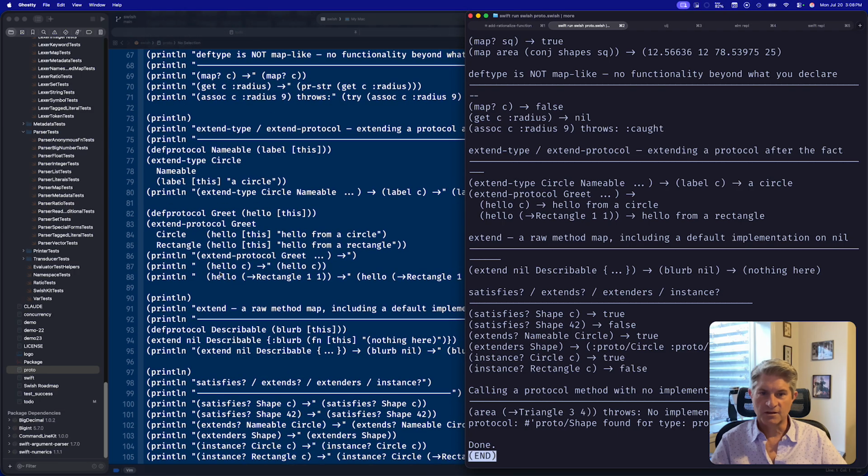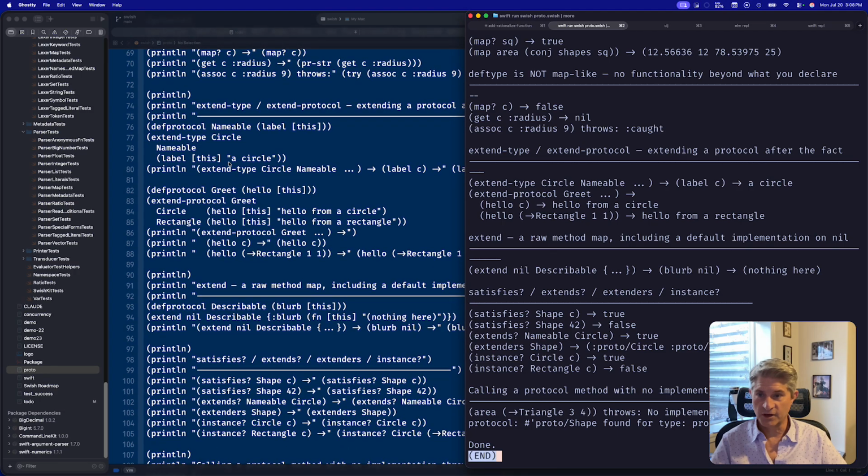And then we create another greet protocol with the hello method, and we extend circle with greet and rectangle with greet,